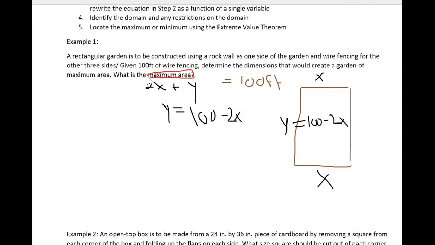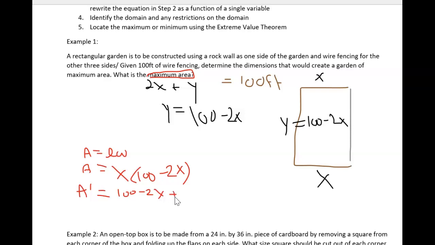Since we're trying to do maximum area, our actual objective function is A equals length times width, or in this case, area equals x times (100 minus 2x). So let's take the derivative of the area. The derivative of this equation is 100 minus 2x plus x times negative 2,